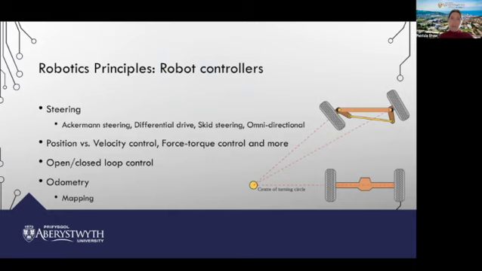What we then have is our controllers, which describe how we actually go about controlling those joints. And quite often we use something called either position or velocity control. In the case of position control, we're specifying what angle we want that joint to turn towards. And so we can give it, say, turn to 180 degrees, and it will rotate that joint to that particular